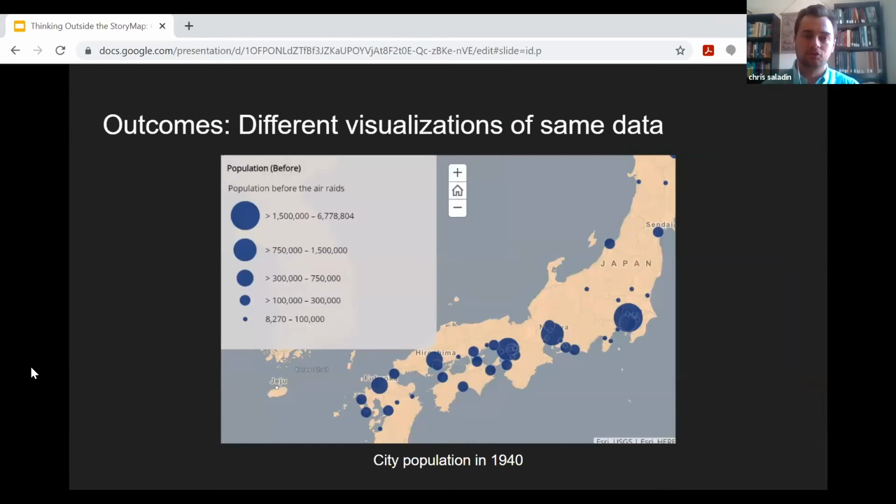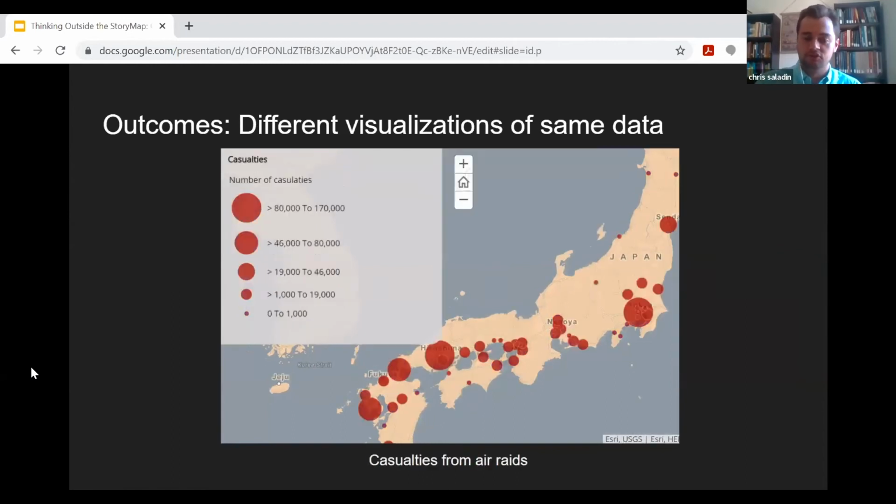So then we took sort of the population numbers, for example, and you can see what are kind of the main Japanese cities. But then we moved to the casualty rates. And you can see that roughly they do correspond with the larger cities. There's a few exceptions. You'll see that Hiroshima, for example, obviously has a lot of deaths because of the atomic